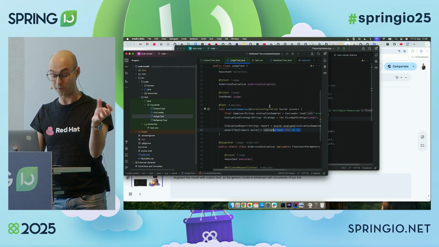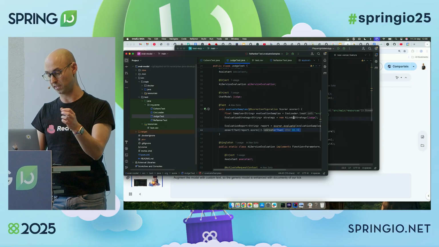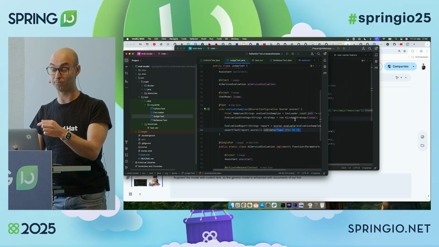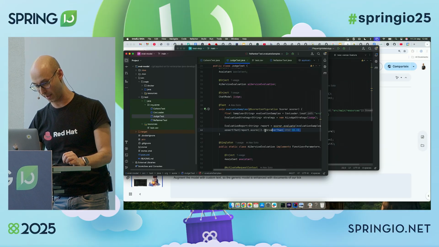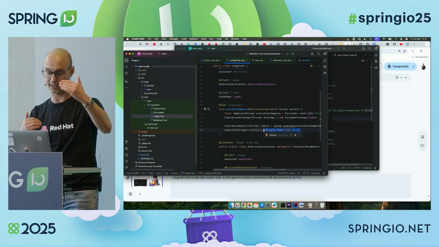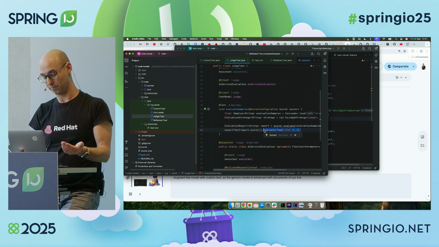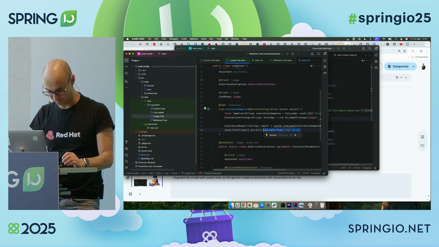That you put here your scorer. This scorer in this case is an AI Judge Strategy, which is OpenAI. And I'm just going to send this CSV, and finally I'm going to expect at least that all the tests have 80% similarity. So now if I run it,